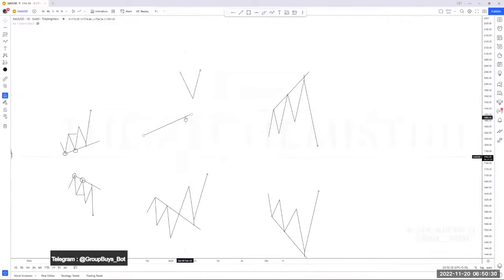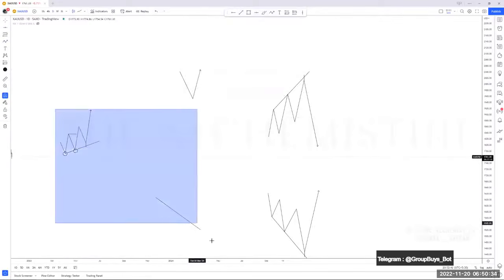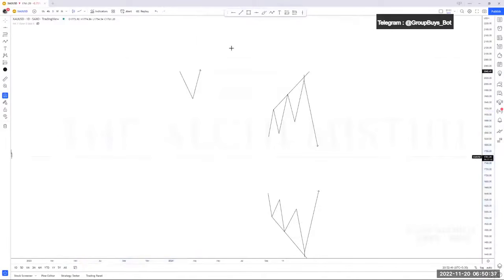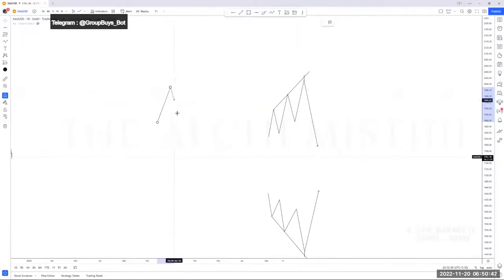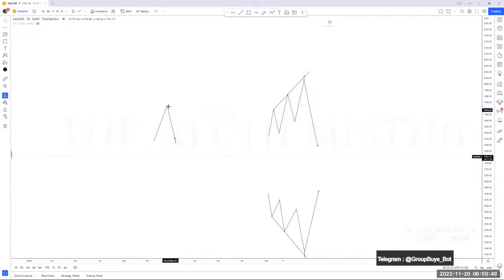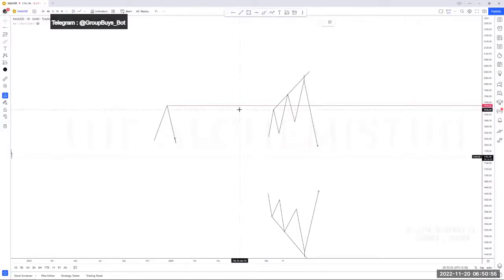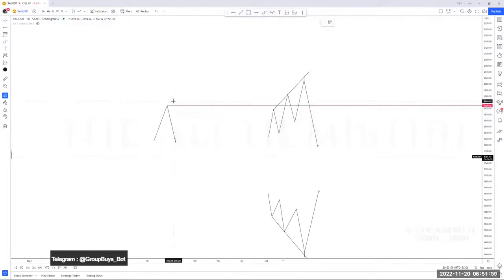Let me delete this. You get this, right, about the trend lines? Now let's say we had a weekly resistance in here, like this. So this right here will be the key level, the resistance. Now we have a weekly zone of interest in here, or a key level in here,